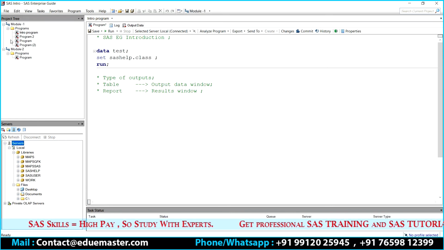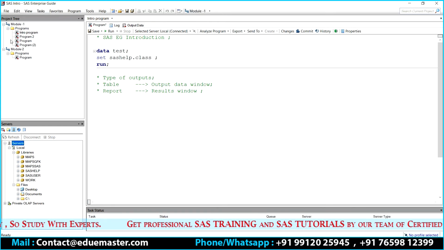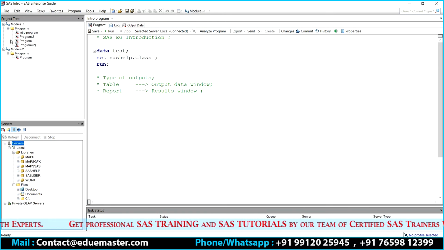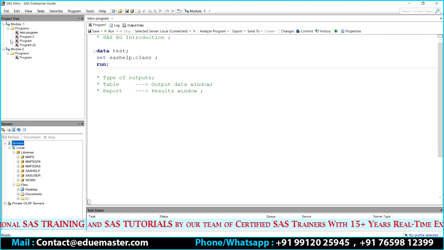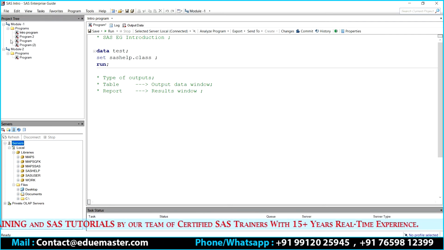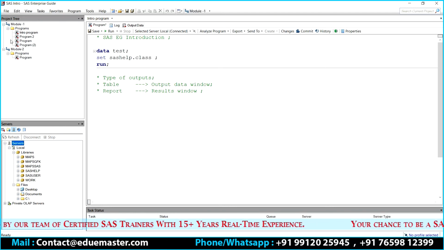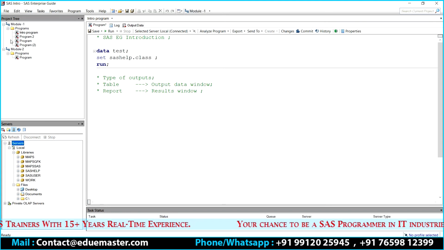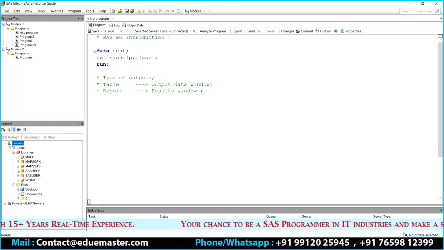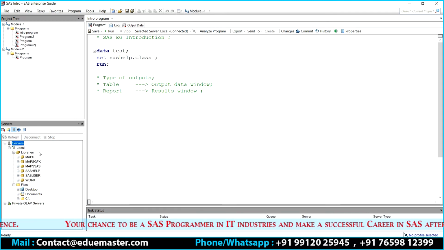There is going to be a separate topic called libraries: how to create a library, what the existing libraries are, what are called user-defined libraries, when to create user-defined libraries, what we mean by a temporary library and a permanent library. For now, I'm not going deeper in this particular session.